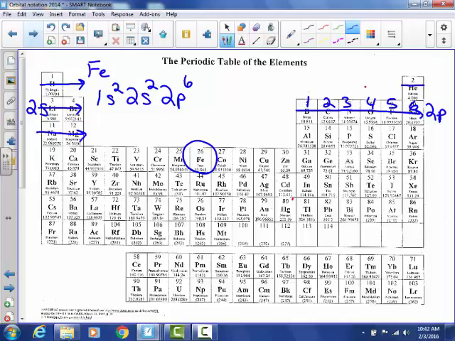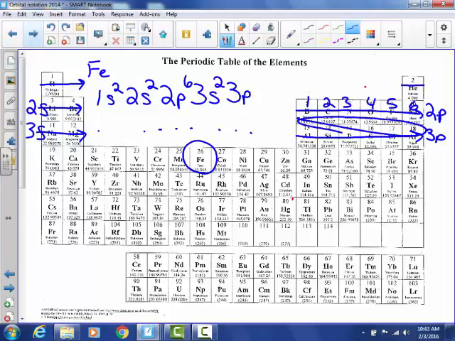Then I'm going to go through these 2, which is 3s. So that's 3s2. Okay, then I'm going to go all the way across over here to 3p. So that's 3p. And again, I went through all 6 of them. So 3p6. Okay. Now, this is where it gets a little tricky. You're going to go here to 4s. So 4s2. But now,